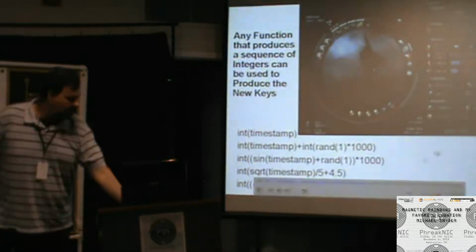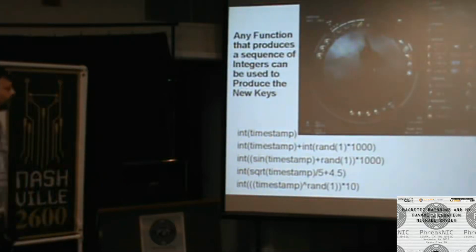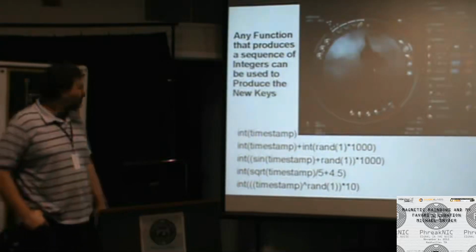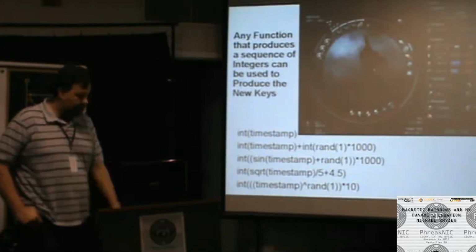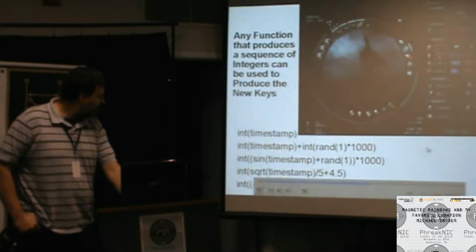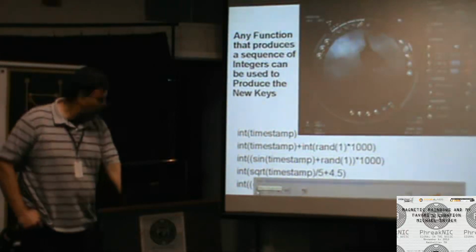Maybe they could, but that's no big deal because there's another way of doing it. Maybe I'll take the timestamp and raise it to a random number between 0 and 1. Now, that will also produce a random number. Now, I'm not suggesting that we use any one of these ideas. What I'm suggesting is having a big, long library list of all these possible functions, including user libraries, including user